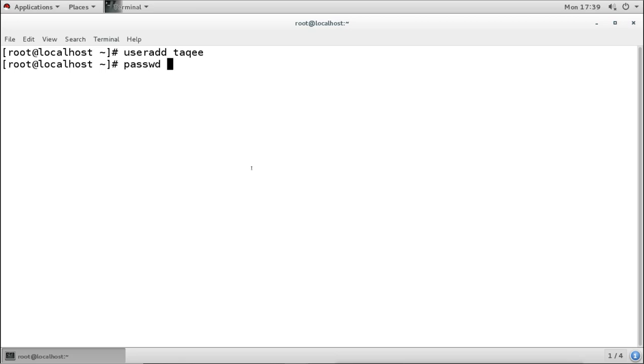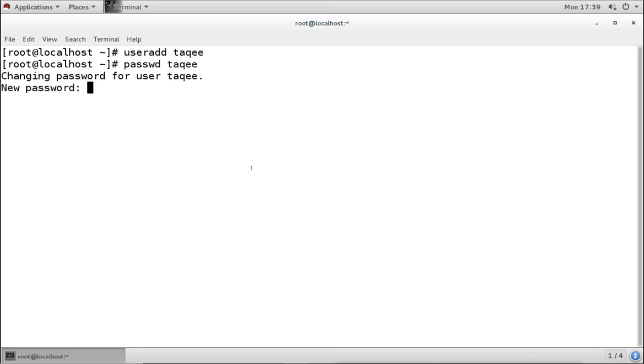Now this command we will use to do what? To add a password if it is not there, or to edit the password if we want to edit it. So we can create a password using this same command. Now I will mention the username, then press enter. It says changing the password for user. It is actually not changing, because there is no password there. So it is asking for the new password.